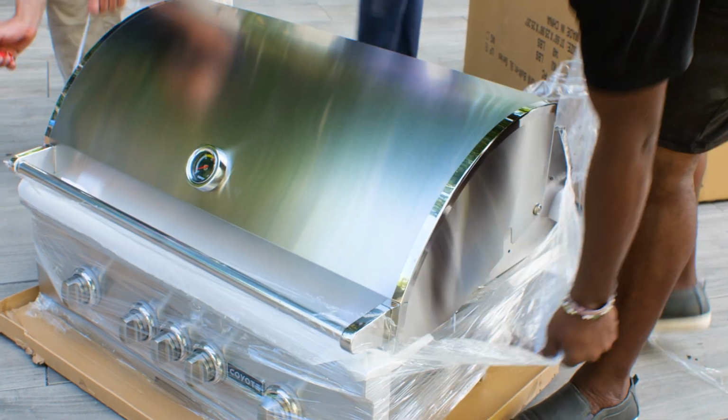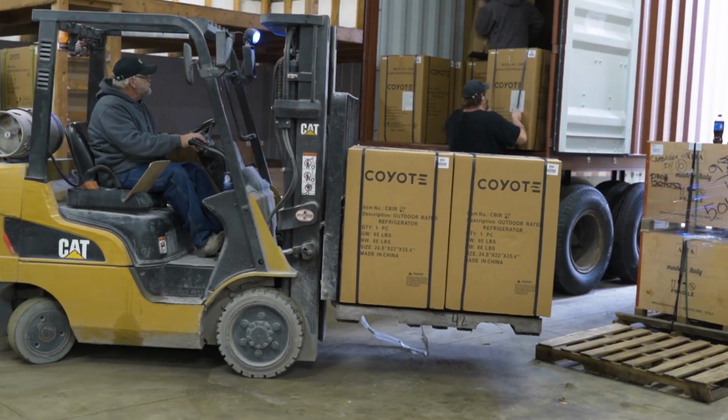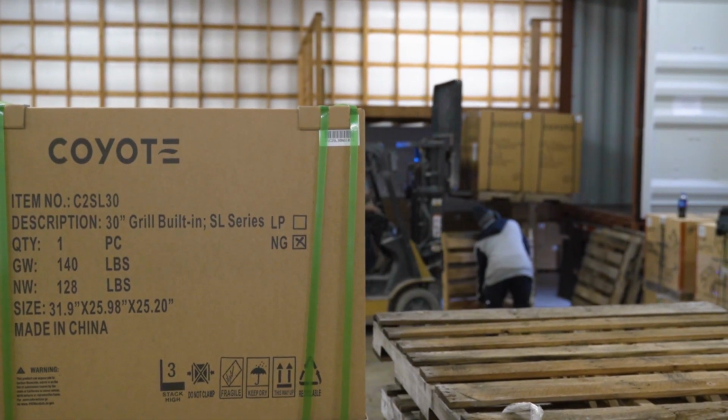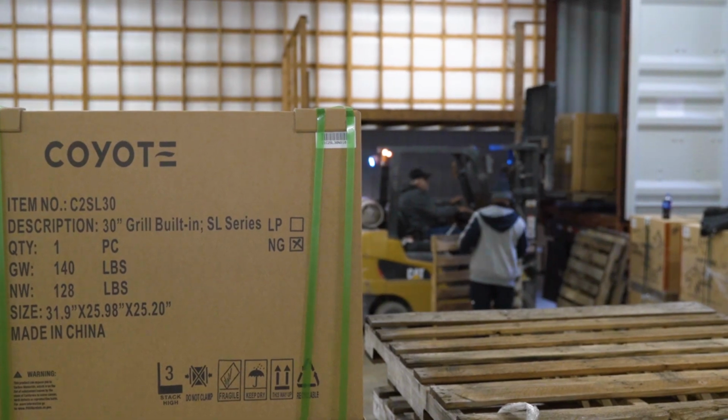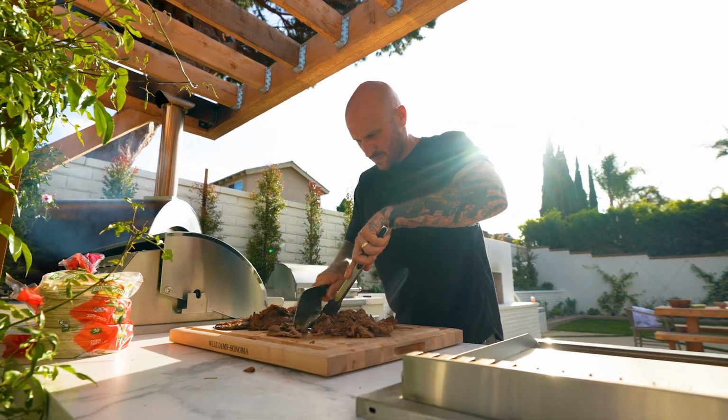This is the time of year that appliance inventory is harder to come by, and also lead times can get extended, which means that if you come in eager to do your project during this time, your project could get extended or appliances could even be on back order. We know that this is the time of year that an outdoor kitchen is most top of mind for people, but if you are wanting your outdoor kitchen for the spring or early summer so that you can enjoy it